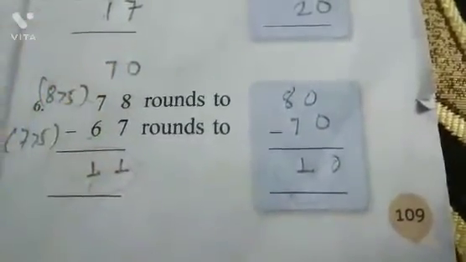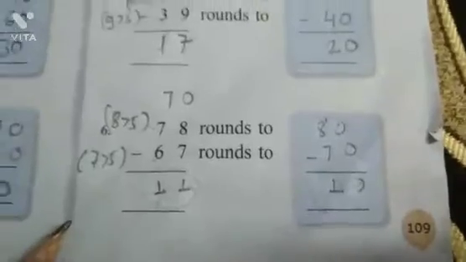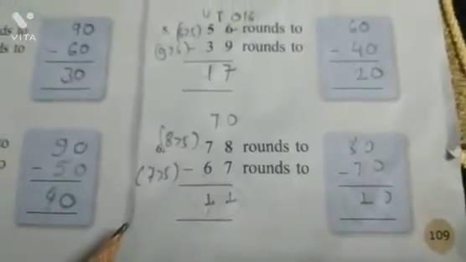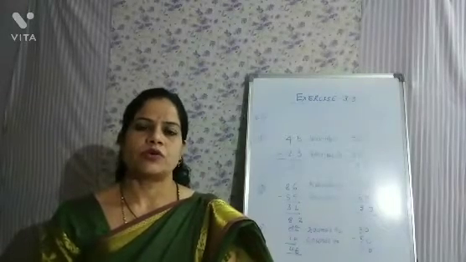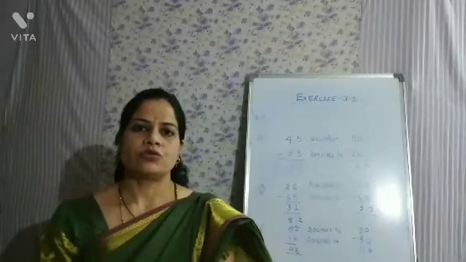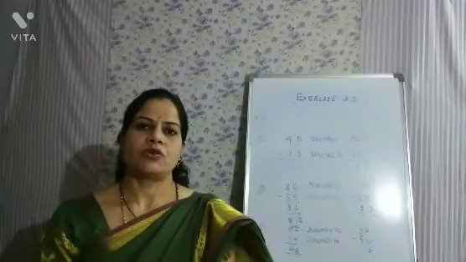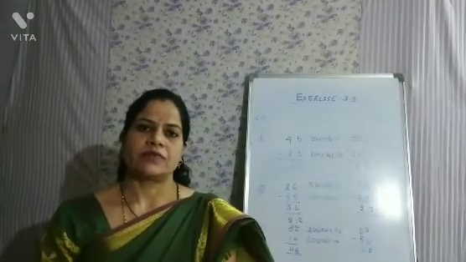So this way you have to do the questions of exercise 3.3. Estimate the answer by rounding off the numbers and check your answer. So dear students, I hope you all have understood how to do subtraction and how to round off the number and how to check the